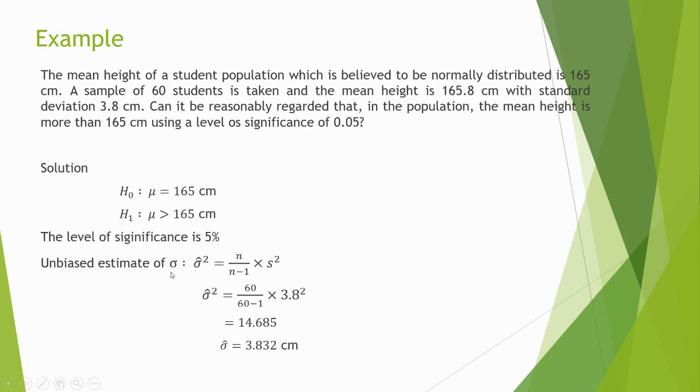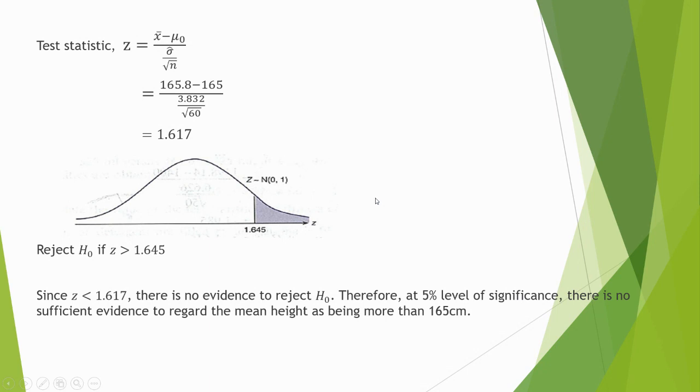So this is the unbiased estimate of sigma. The sample sigma squared is given by this formula. You have the standard deviation of the sample, but you don't know the standard deviation of the population, so you have to use this formula: 60 over 60 minus 1 times 3.1 squared, then you get the unbiased estimate of the standard deviation. Then using our test statistic formula, you substitute in the values,